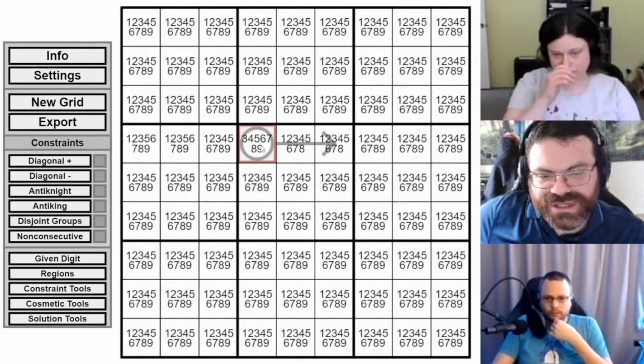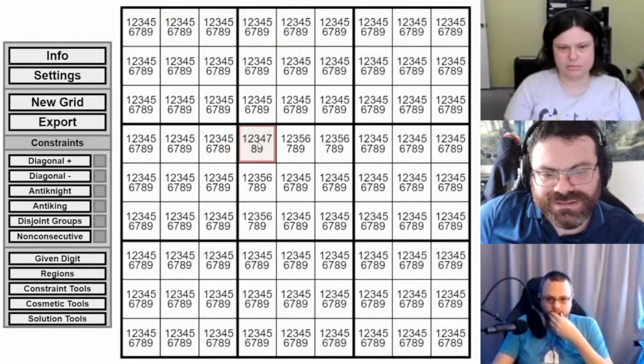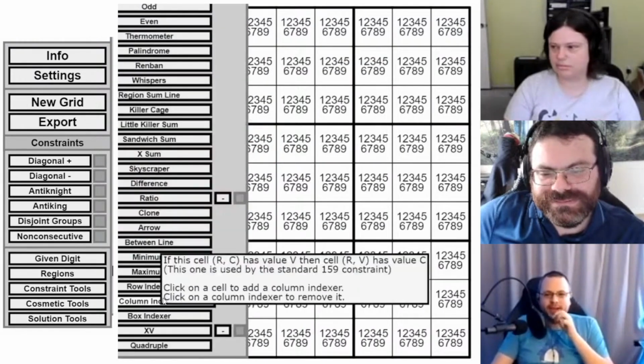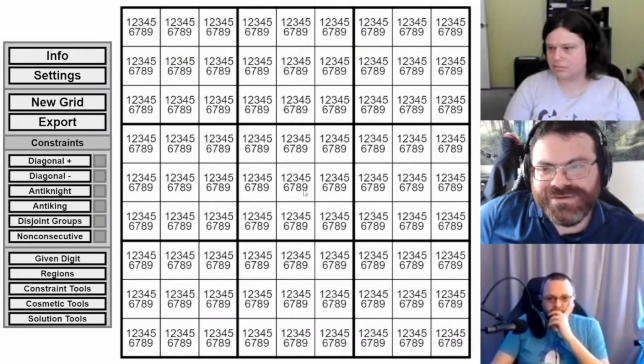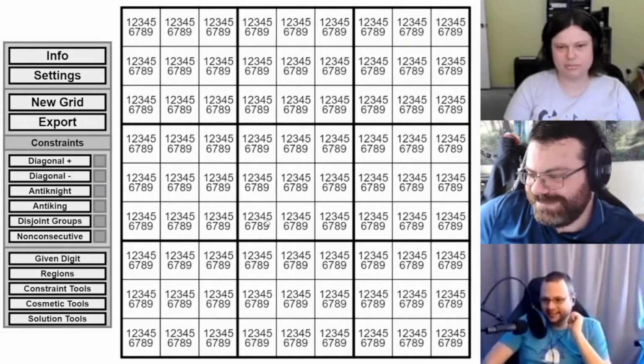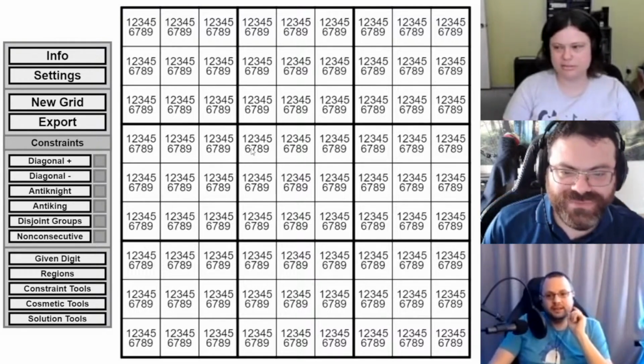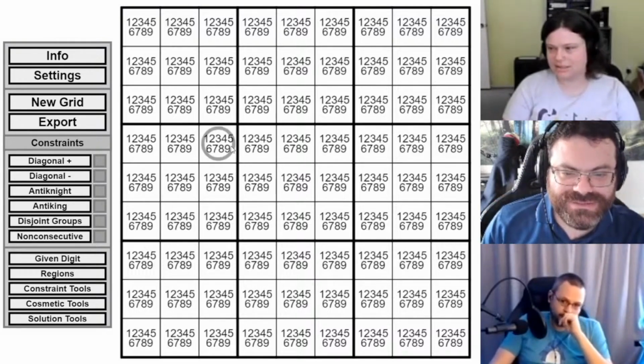Now, if we did arrow direction, does that mean we just never end an arrow diagonally, or is there some sort of diagonal indexing constraint? I would prefer to avoid diagonal indexing if possible. Yeah, I agree. Unless the entire puzzle is going to be diagonal indexing, I think I would avoid that. Diagonal indexing sounds very confusing. Yeah. Okay, so I think I like the idea of the constraint where it's the circle.